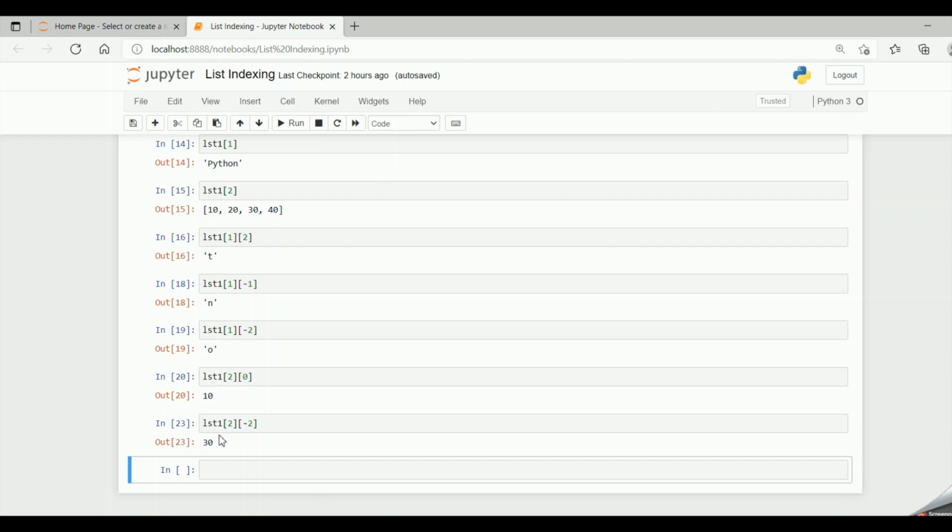So LST1 of 2 is this particular list, and in that the -2 element is 30. So to access individual items within the list, we go in for nested indexing. And to access the characters within the string, we again go in for nested indexing.